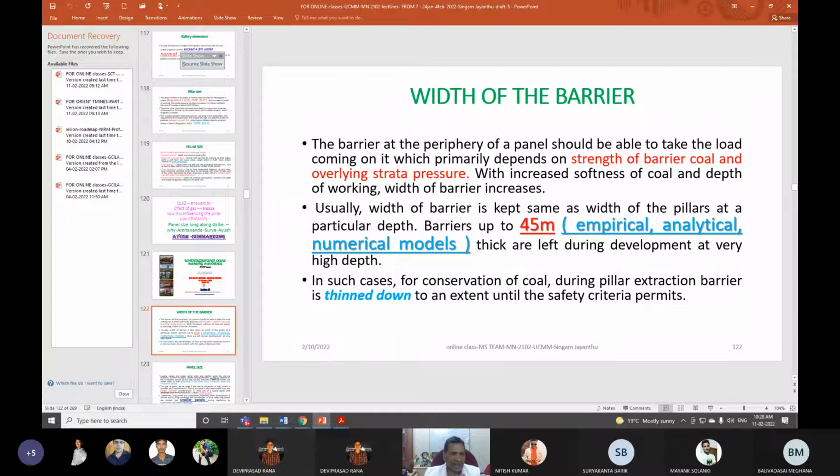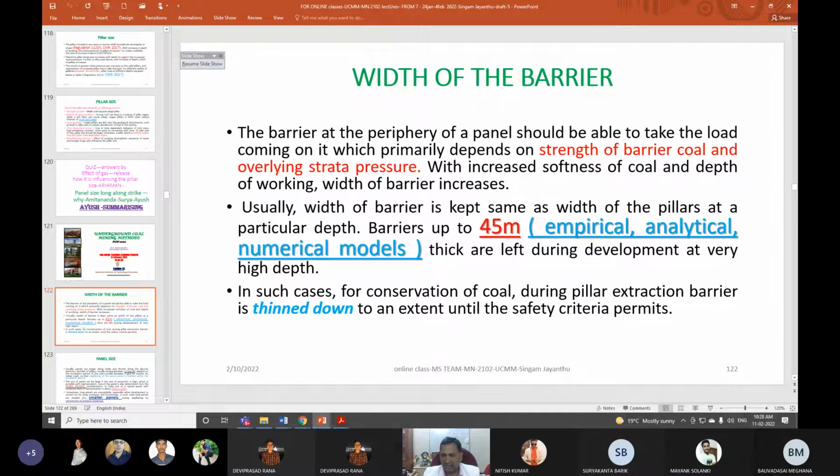That means the barrier pillar size, how much the size of the barrier should be, and all those things are supposed to be designed in such a way that these barrier pillars, whatever you have seen in the mine, an example of KTK5 mine, Bhupalpally, where we only recently submitted the investigation reports to them, should take that overlying stress or the strata pressure. It should have sufficient strength to take that, even if there is a caving inside that panel,